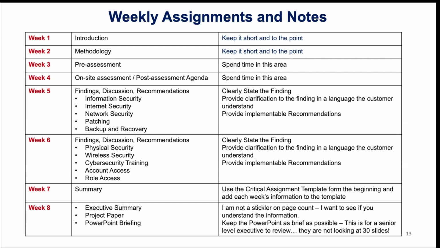Going into week 5, you should now be looking at how to start formulating your findings, discussions, and recommendations. In week 5, you're just going to look at the first ones here: information security, internet security, network security, patching, and backup recovery. Again, clearly state the finding. That should not be a paragraph; it should be almost a sentence. Here's the finding. Then in the discussion part, maybe a paragraph or 2 or 3 sentences explaining